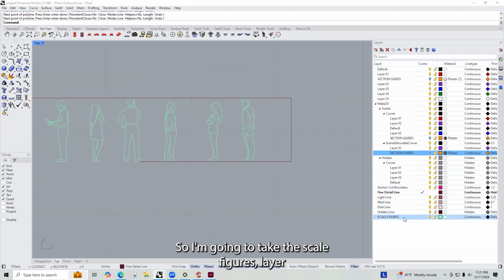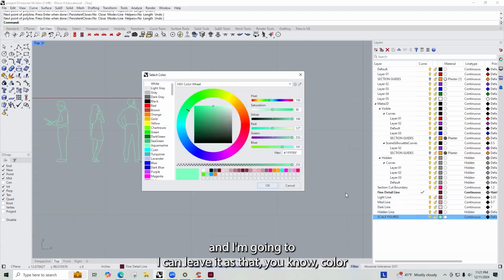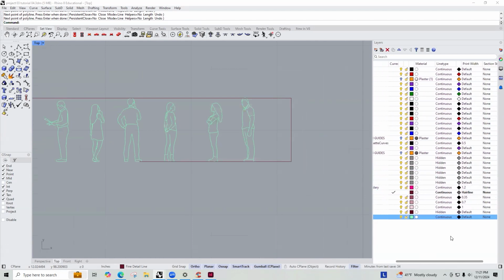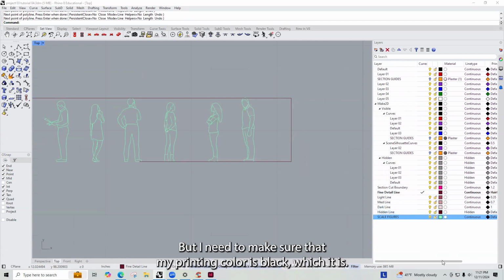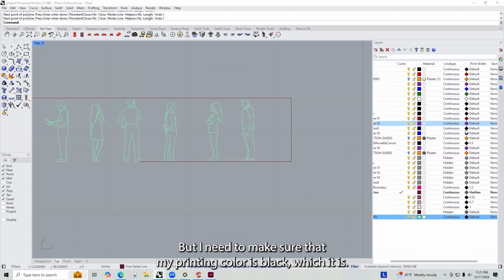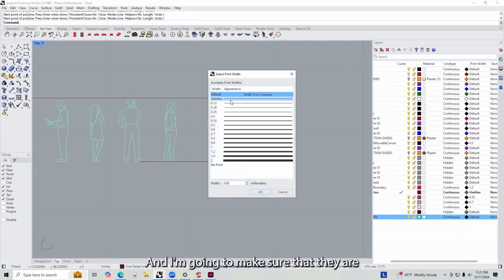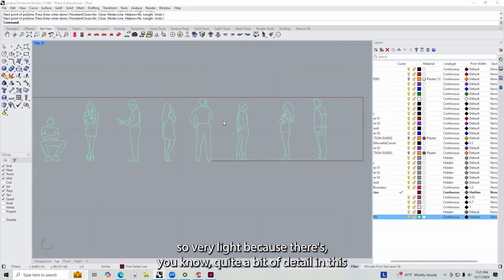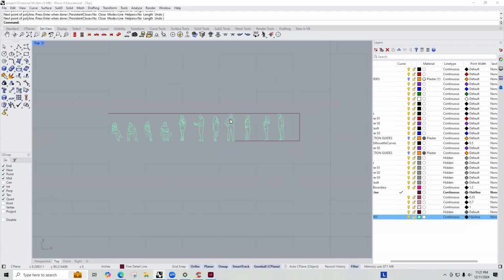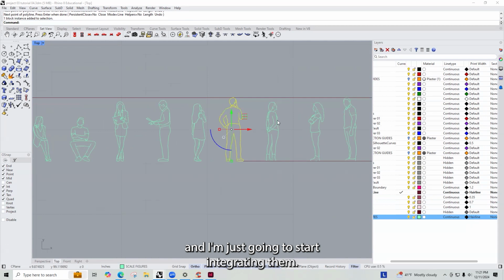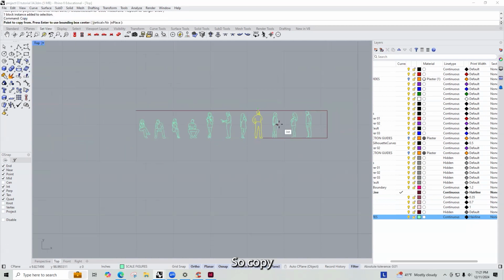So I'm going to take the scale figures layer and I can leave it as that color for the layer organization, but I need to make sure that my printing color is black, which it is. So that's great. And I'm going to make sure that they are hairline, so very light, because there's quite a bit of detail in these scale figures. And I'm just going to start integrating them. So copy,